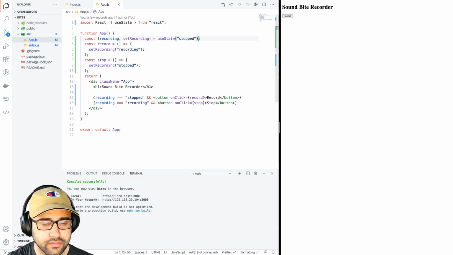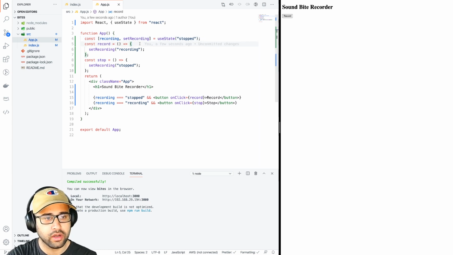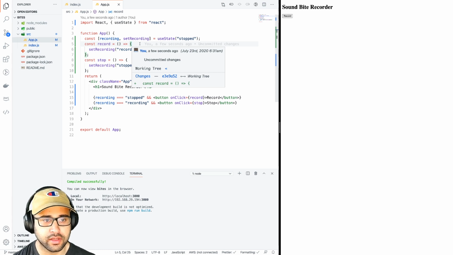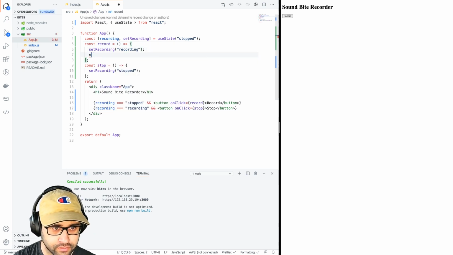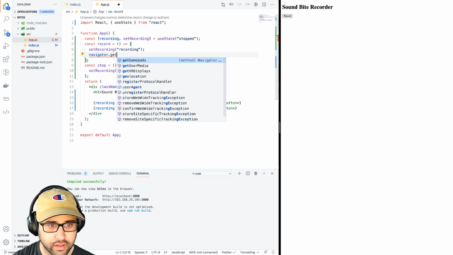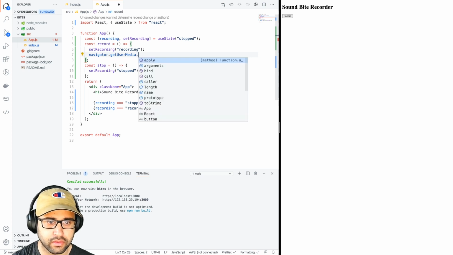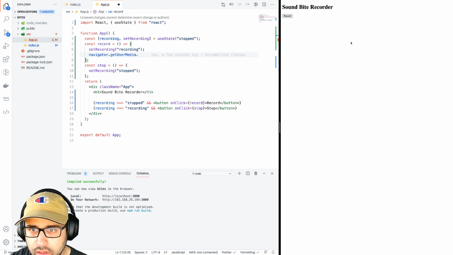So the next thing that we want is whenever you click on record, you want to ask permission from the user for the browser to access their microphone, and then start recording, right? So we'll say navigator.getUserMedia, and then we'll want, what do we want from here actually? How do we